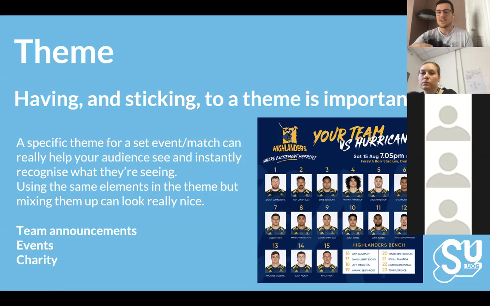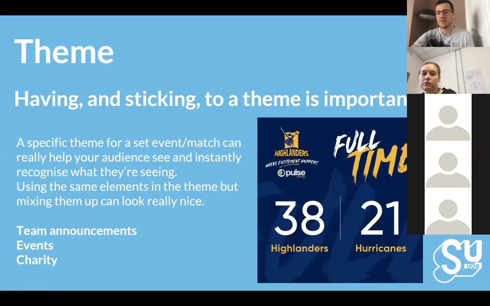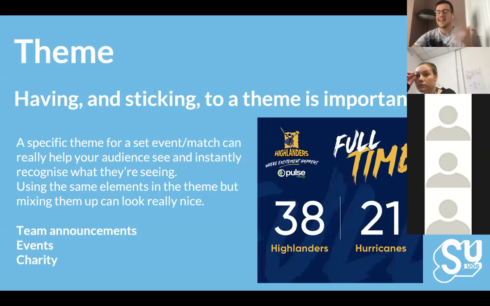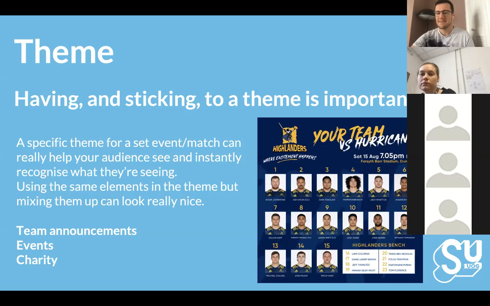And not just on that example. I'm going to load up another photo here now, and you can see how the theme works across different posts. We've got this team announcement, but we've also got a full-time scorecard. If I go back and forth between the photos, you can instantly recognize it as the same team, the same social. Obviously they are both really clear, and they're great examples of graphic design work. I'll come on to layering your text and clear backgrounds in a second, but you can see the difference there.